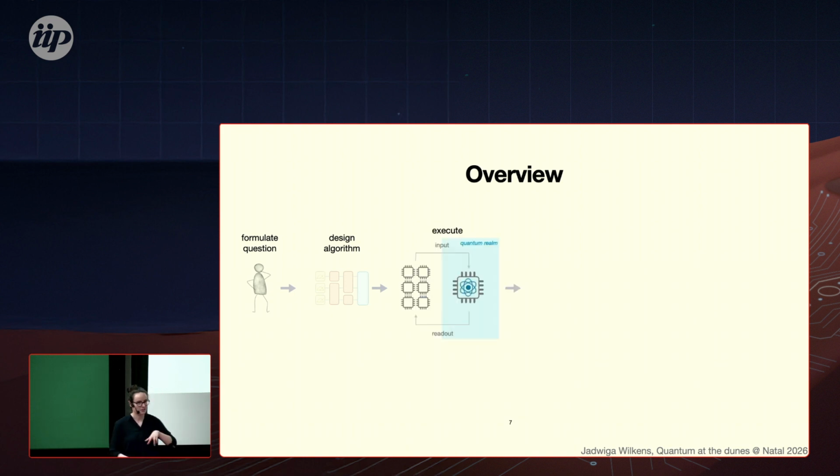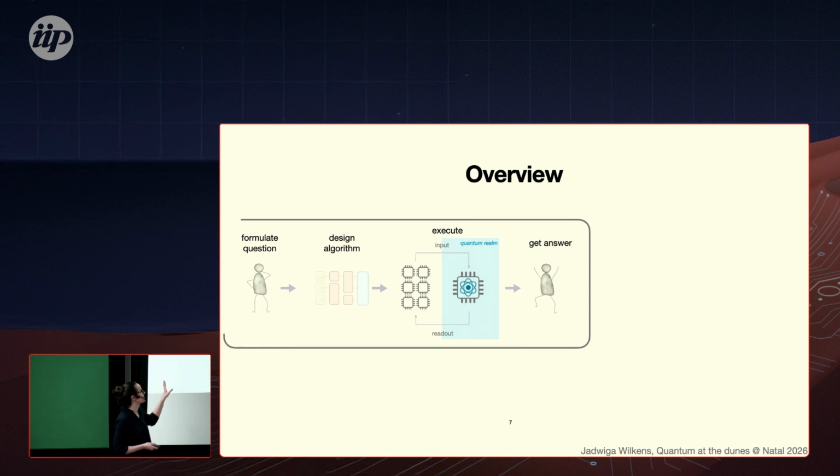The third stage would then be to execute this algorithm on quantum hardware. Normally, there's some feedback loop, and we also need classical hardware to work in symbiosis with this quantum computer. And then hopefully the last stage would be to find the answer to our problem. This for me is roughly the 4 stages of quantum computing. Again, I'm a computer scientist with a background in quantum physics, so for me, it was useful to think in these terms.